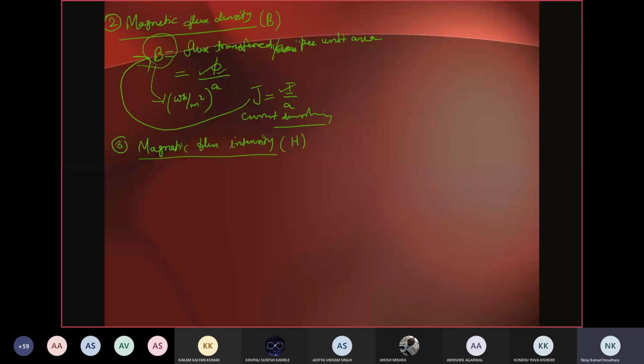This is your magnetic field intensity, right? And you can define it in this way: how much intense is the magnetic field, right? तो अब जैसे कि इसको ऐसे समझ सकते हो कि अगेन कंसीडर द सेम मैग्नेटिक मटेरियल